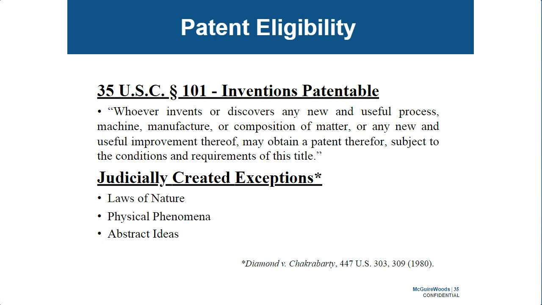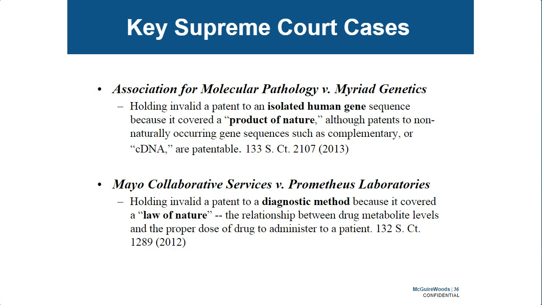So what does that have to do with Hatch-Waxman cases? Well, quite a bit actually, at least in the biopharma space. These are the 2 key Supreme Court cases. One is the Myriad case, in which the Supreme Court held that you cannot have a patent to isolate a human gene because that is a product of nature. All right, so that really has to do with biotech cases. An isolated human gene could not be patented because that exists in nature. And then another case that really has affected Hatch-Waxman cases somewhat is the Mayo case.